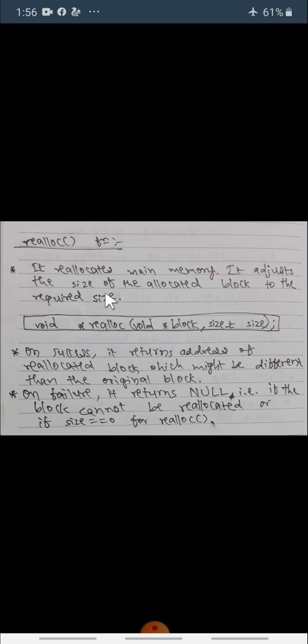Initially, if we have allocated 10 memory locations and later we want only 8 memory locations, then we can reduce it. If later we want 12 memory locations, then we can increase it. Like this we can reallocate the size of memory.